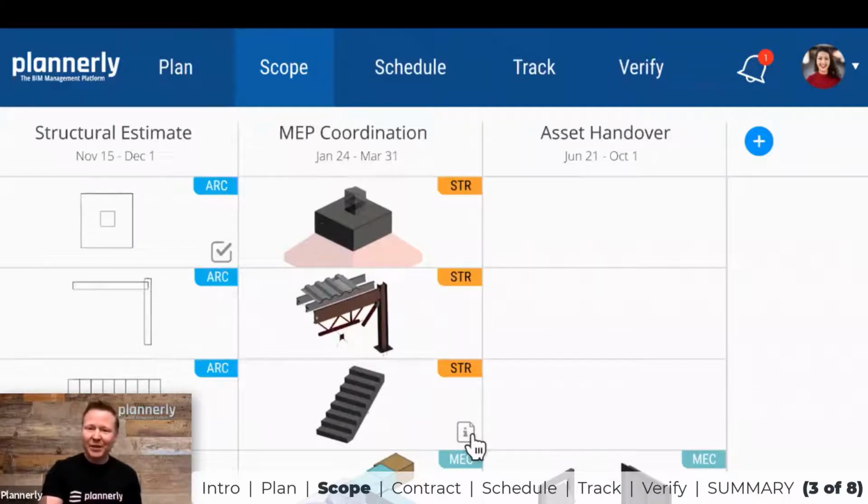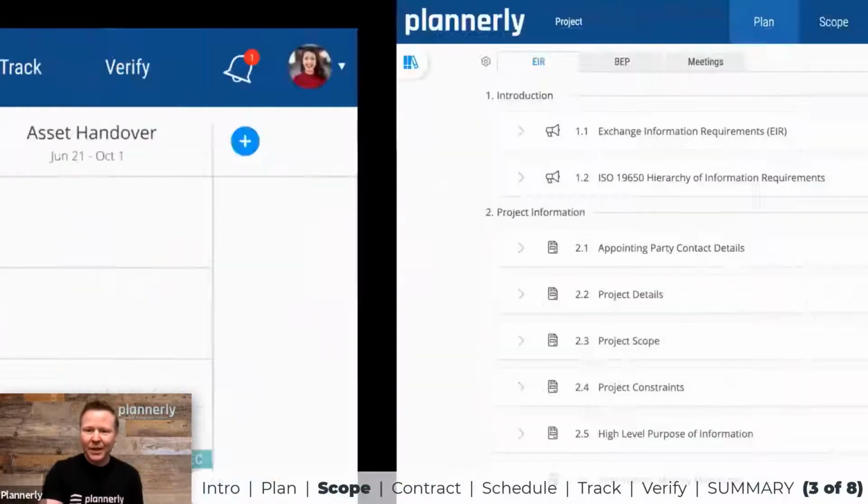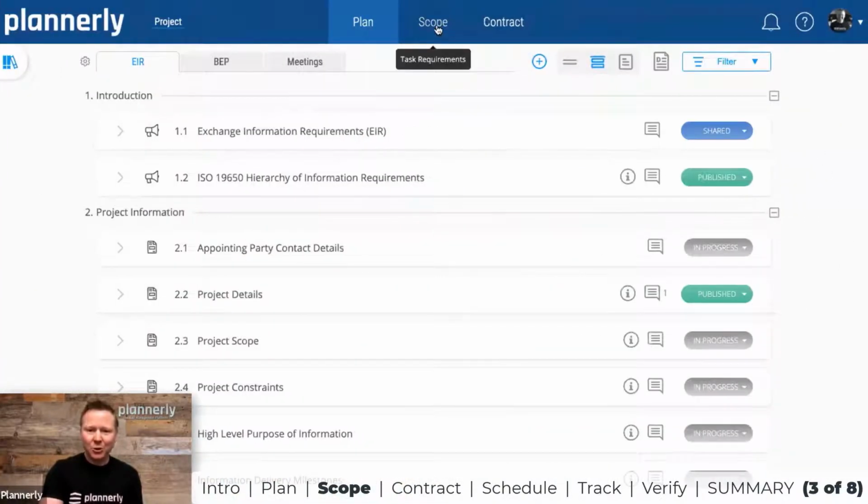And doing it visually is really pretty cool and makes it a lot easier for teams to agree before they end up spending a lot of time wasted on duplicate effort like we saw in the light fixture example. So let's take a look and move on to the scope.